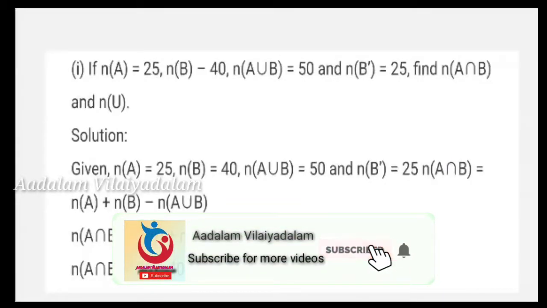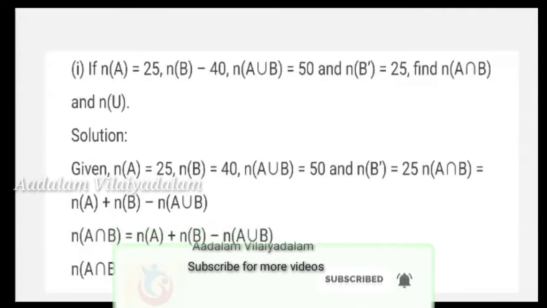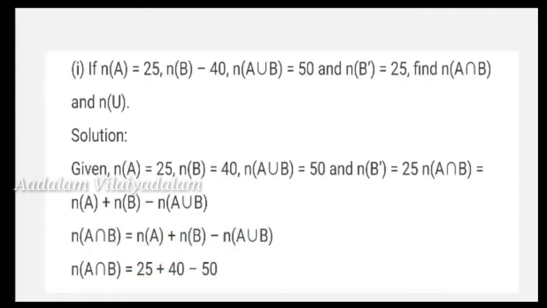The first question is, if n of A equals 25, n of B equals 40, n of A union B equals 50, and n of B dash equals 25, find n of A intersection B and n of U. So without the diagram, we are going to find the values of n of A intersection B and n of U. Okay, the solution for this problem is,